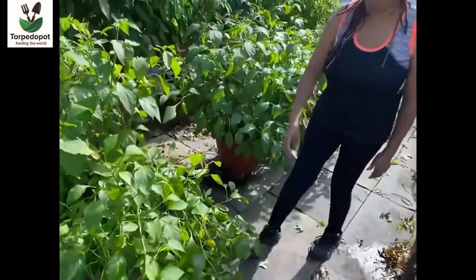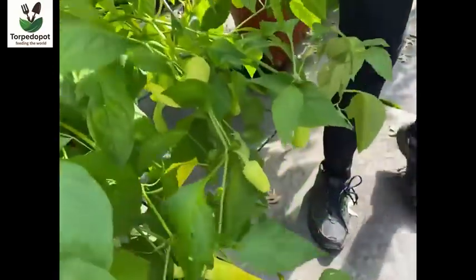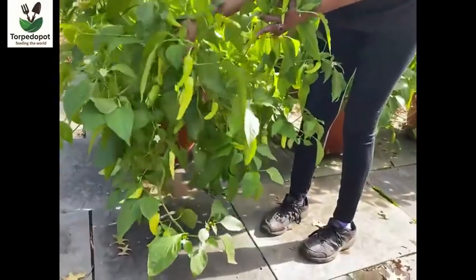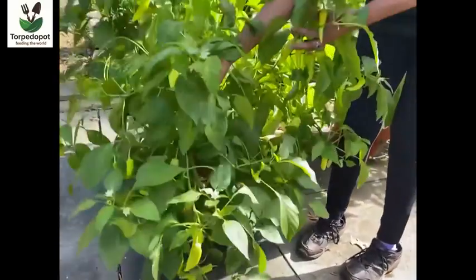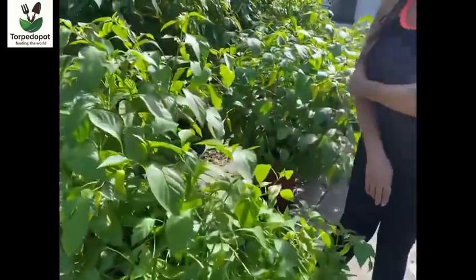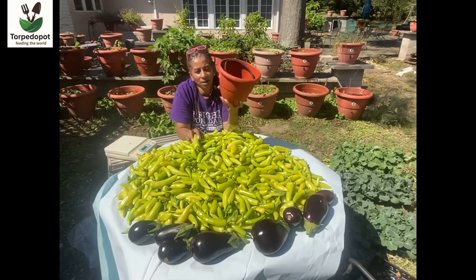Reason that this is leaning, this is the Leaning Tower of Pisa. Look at all those peppers. Oh my gosh. This planter probably gets the most sun out of all of them. That's probably why it's so prolific. This is on a corner. But oh my gosh. Just wanted to share that with you, and my hope is that it changes your life